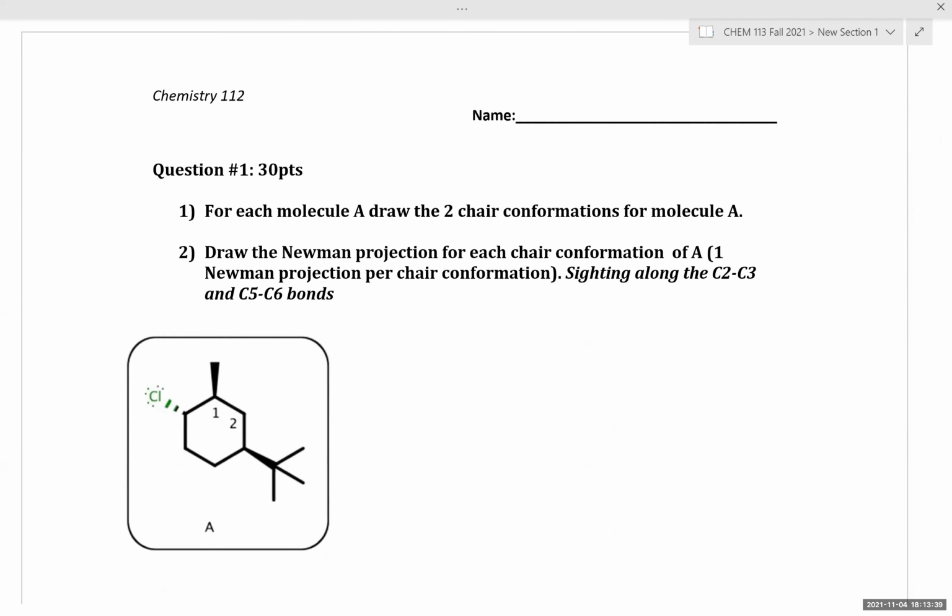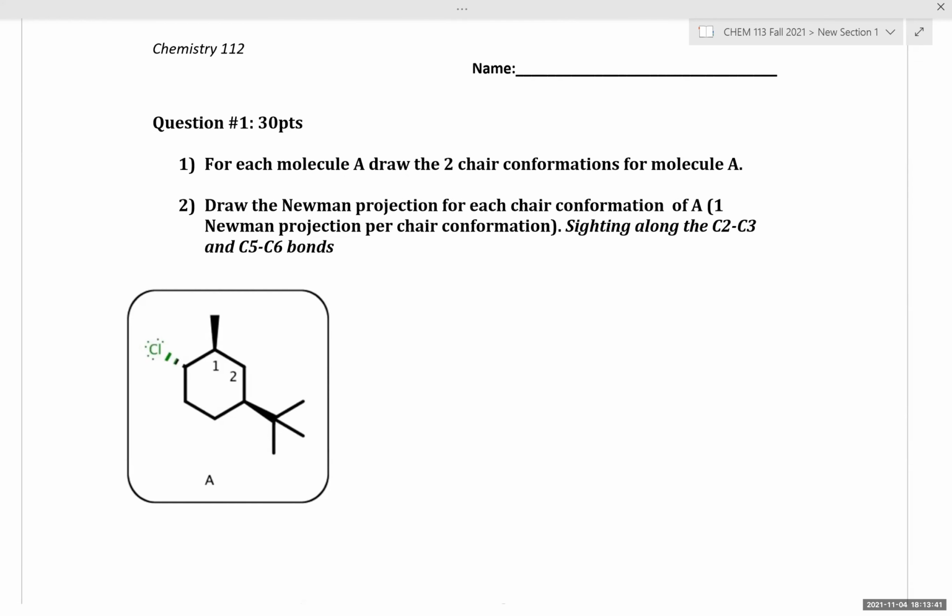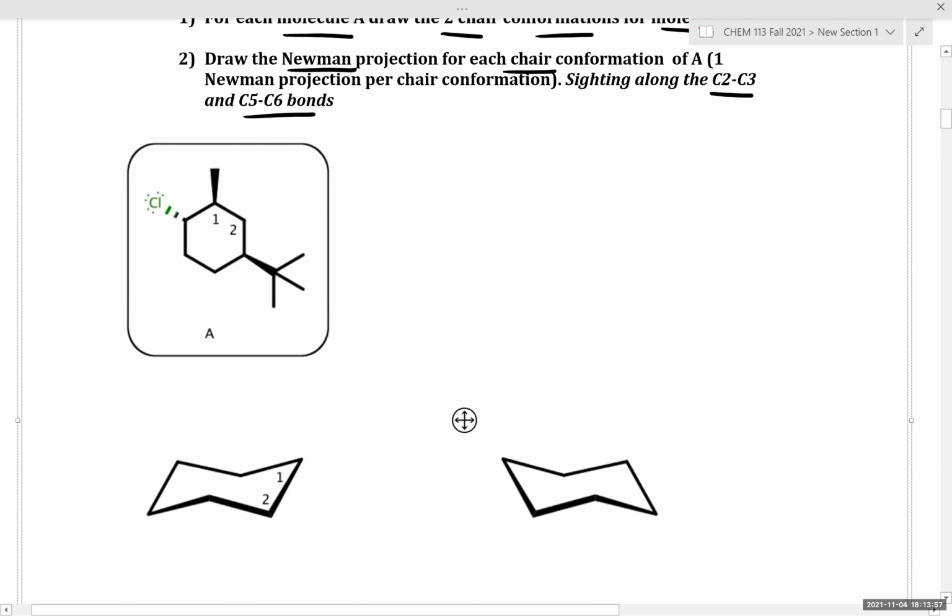So this first question is for each molecule, or in this case for molecule A, draw the 2 chair conformations for molecule A. We draw the Newman projection for each chair conformation, sighting along the C2, C3, and C5, C6 bonds. You've been given reference carbon numbers, and as such, you should be able to, in turn, infer the carbon numbers of the remaining carbons. Okay, so continuing on,